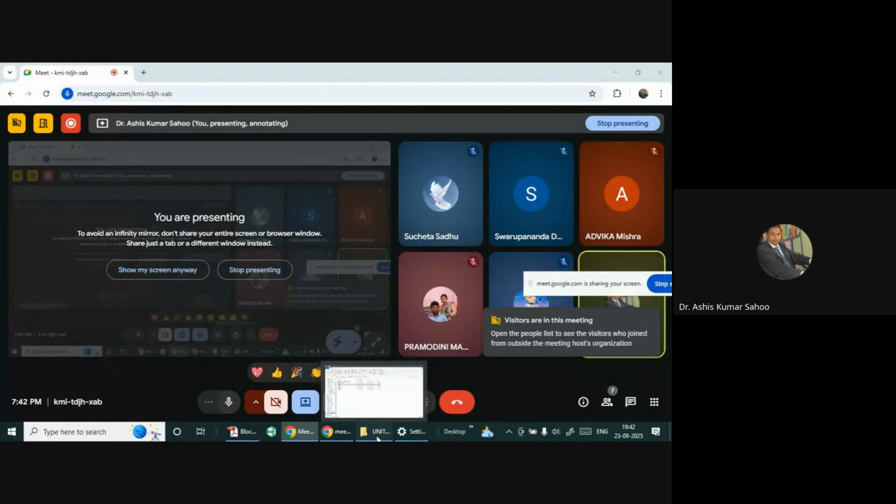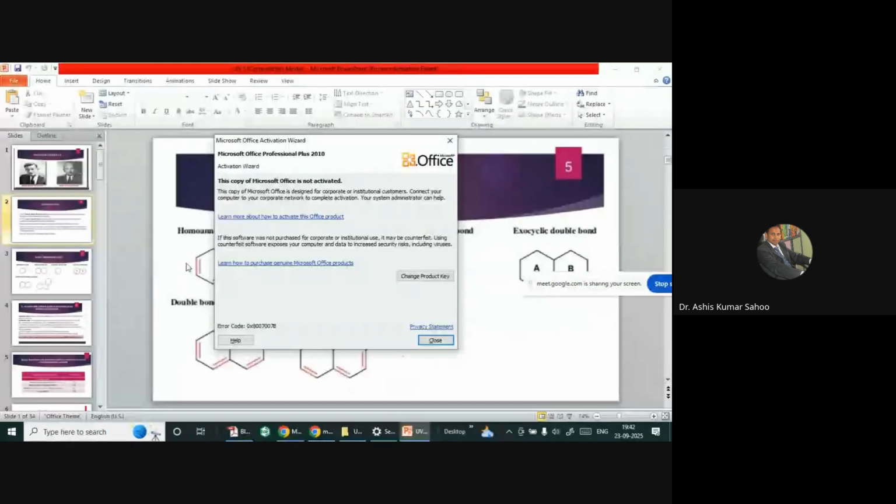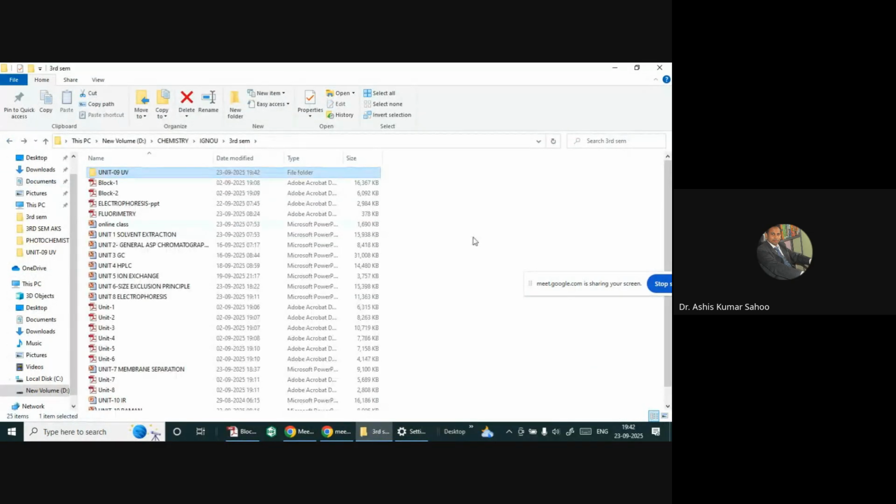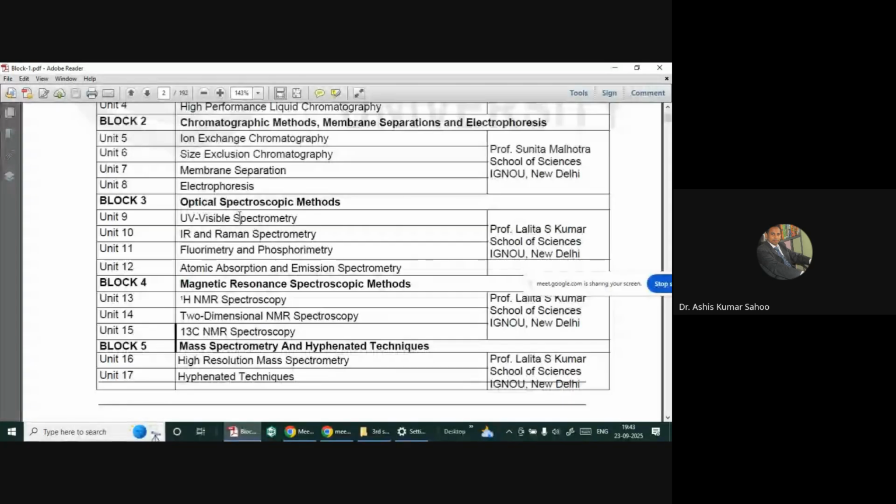The same thing we discussed in the introduction part. We use spectroscopy, IR and Raman spectroscopy, colorimetry and fluorimetry, atomic absorption, nuclear magnetic resonance, high resolution mass spectrometry. All these things we will discuss